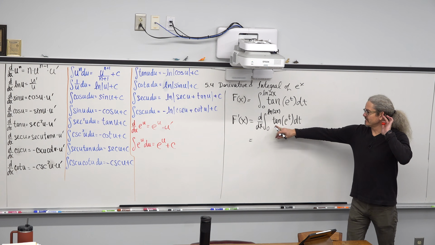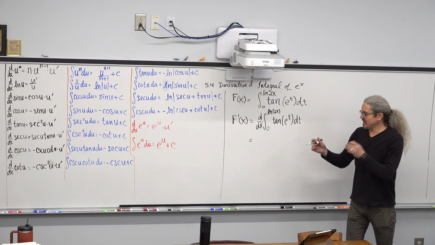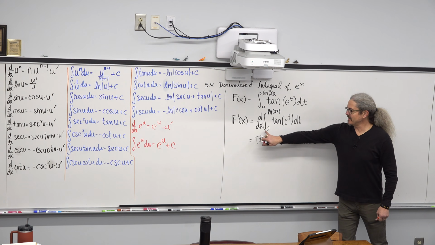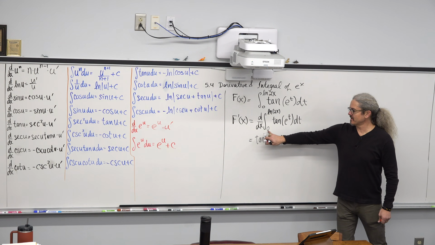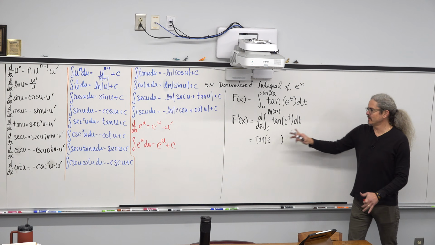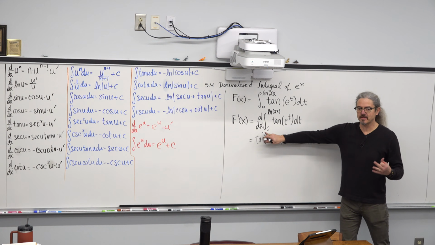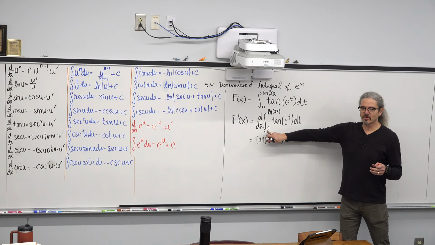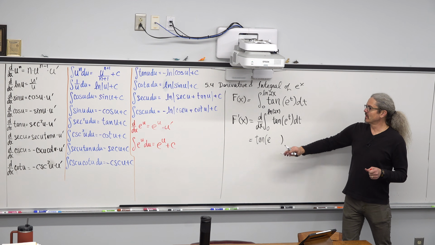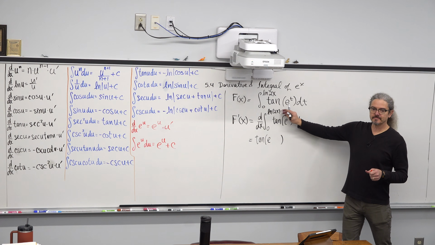It's going to involve the tangent of e. We don't need to take the integral, plug in the lower and upper limits, and get a new function, and then take its derivative. These inverse math operations are going to basically cancel as long as that lower limit is a constant. So we take that upper limit and what?